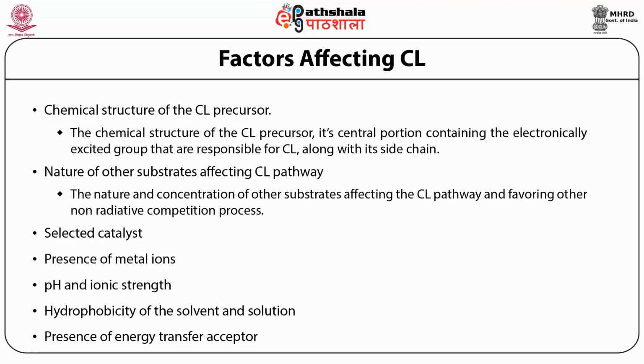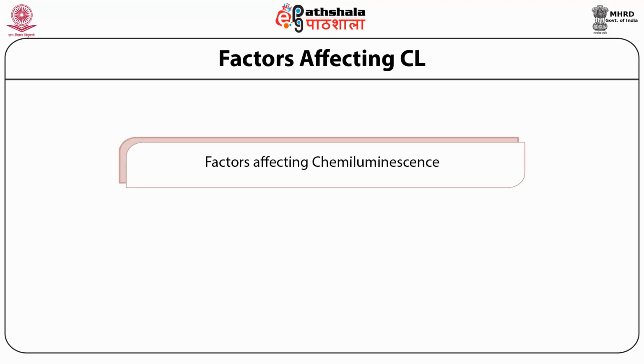For example, the luminol oxidized in dimethyl sulfoxide has a yield of 0.05 with blue-violet color, which comes around 425 nanometers, compared to 0.01 in water with blue-green, which comes around 480 to 502 nanometers. So you can see the change in the hydrophobicity of the solvent has made the wavelength shift from 425 to 480 with change in the color also. We'll discuss the factors that affect the chemiluminescence one by one.